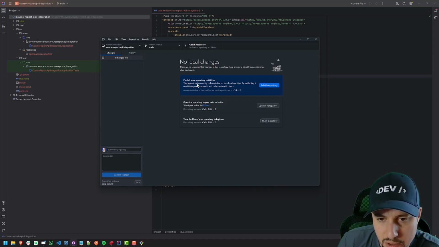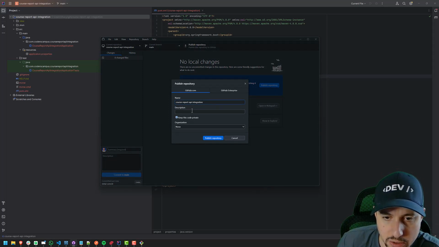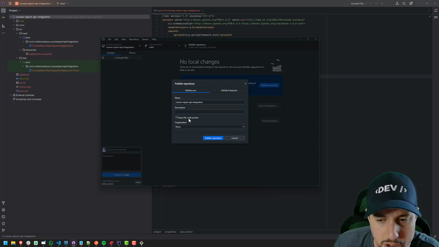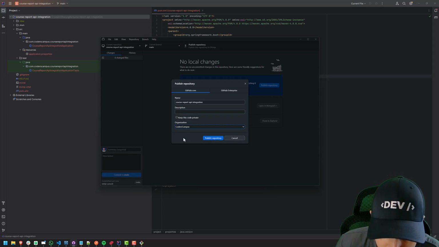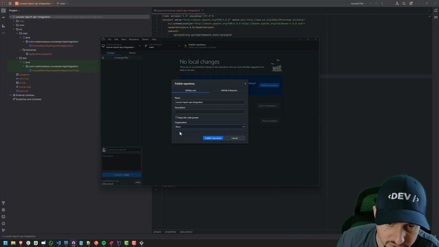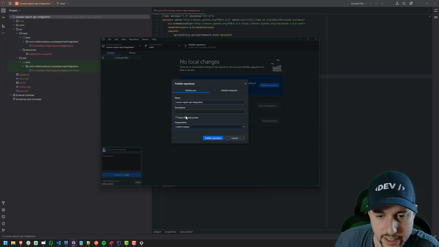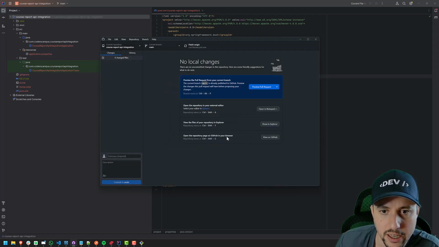So let's see. This repository is currently only available on your local machine. By publishing it on GitHub, you can share it and collaborate with others. Exactly. So we want to be able to publish this to github.com. So perfect. Course report API integration, description. I don't want to make it private because I do want to be able to share it with others. And I'll make it part of my Coders Campus organization, because why not? So I have an organization on GitHub. You may not, and you could just say none. That's fine too. But I actually have my Coders Campus organization set up on GitHub. And yeah, I'll publish repository, and I believe this should create it on github.com so we can actually see it